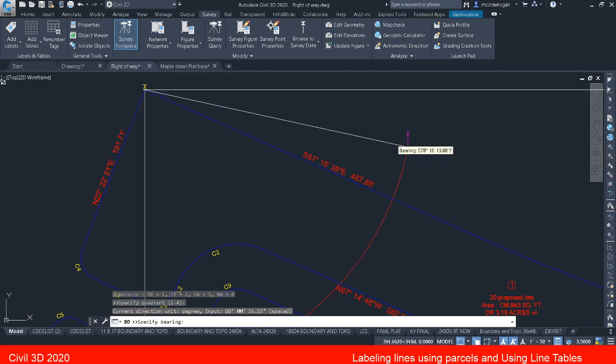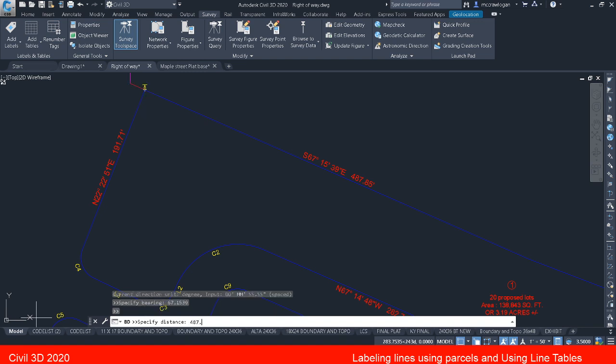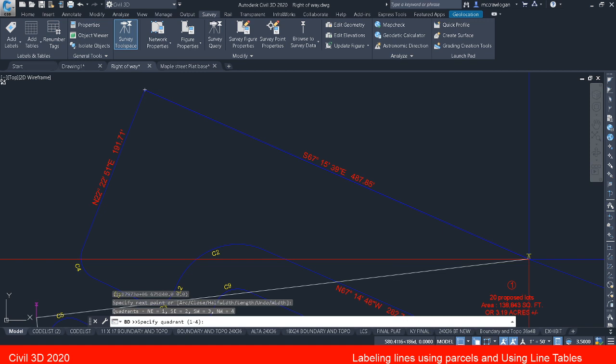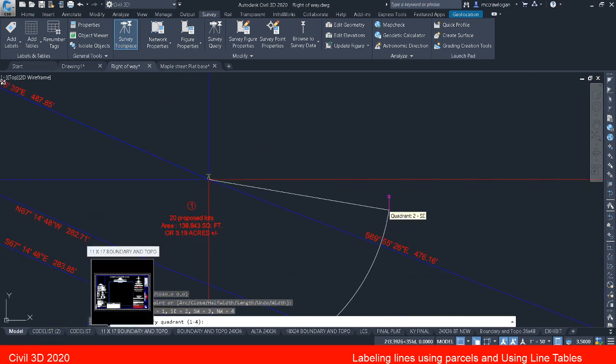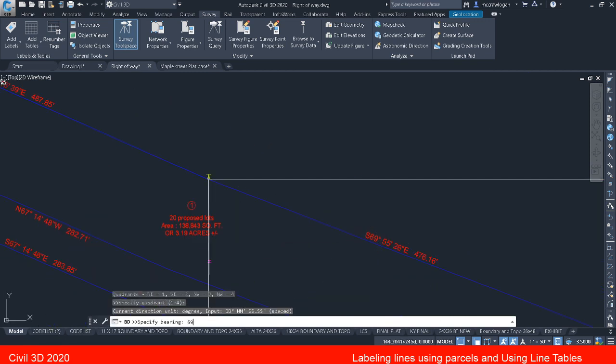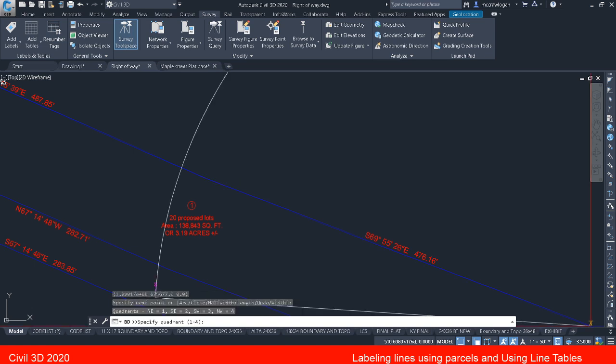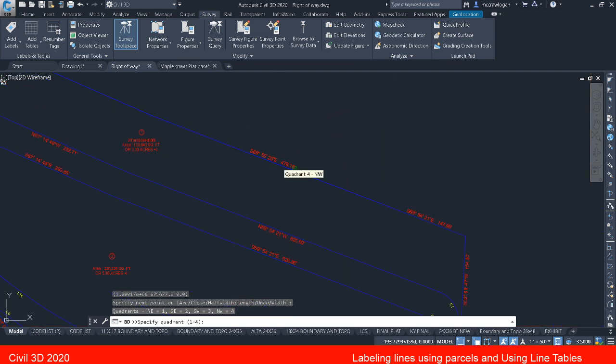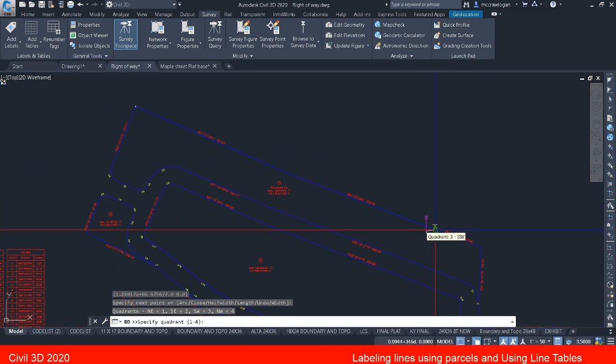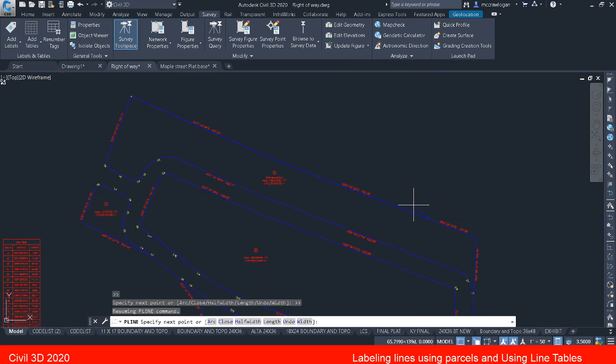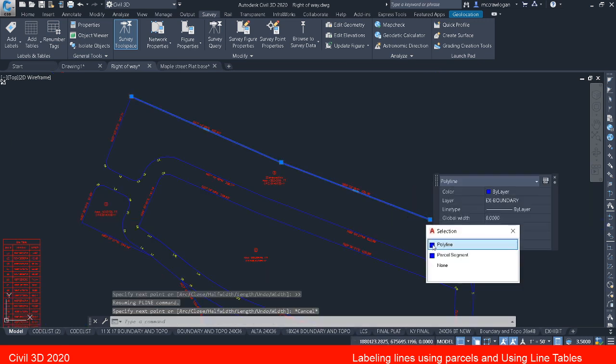So I can go southeast, 67, 15, 39, 47.85, and it brings me to there, and then go around and do the same thing here, but there's a faster way to do it instead of typing all that in. And delete that polyline,